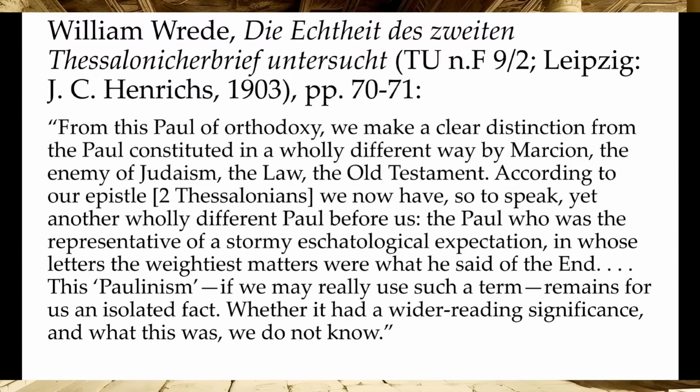From this Paul of orthodoxy, in which he meant the authentic Pauline letters, in other words, the Paul of justification by faith, etc. From this Paul of orthodoxy, we make a clear distinction from the Paul constituted in a wholly different way by Marcion. And I believe he's referring to Marcion as the enemy of Judaism, the law, and the Old Testament. According to our epistle, meaning 2 Thessalonians, we now have, so to speak, yet another wholly different Paul